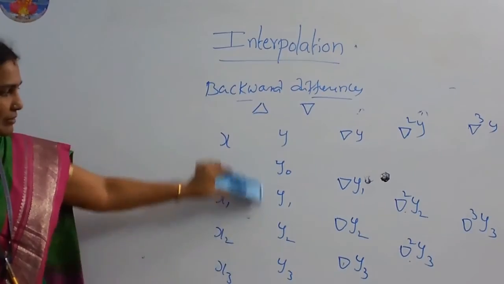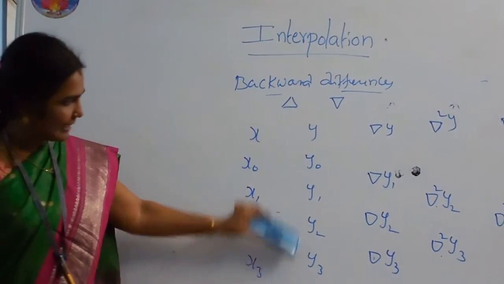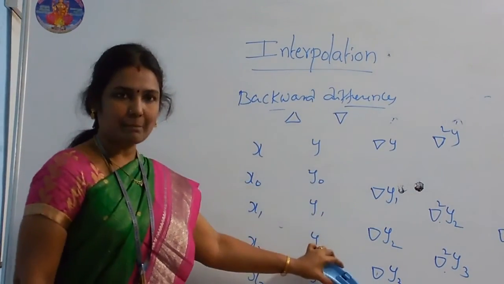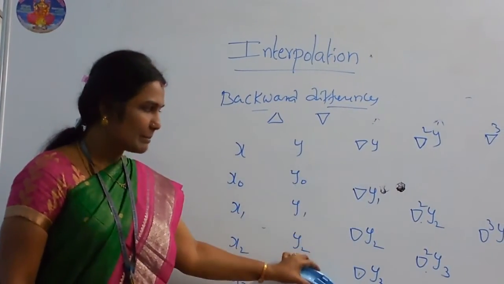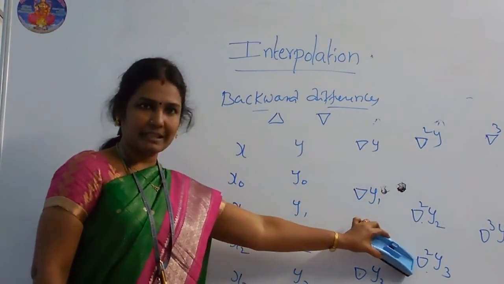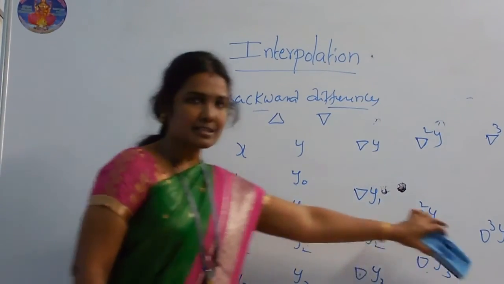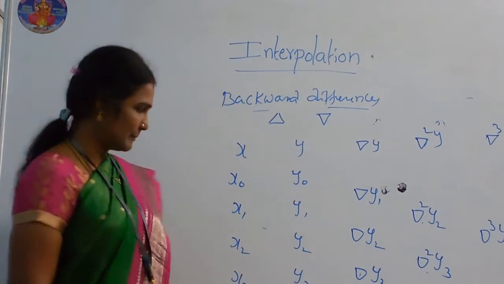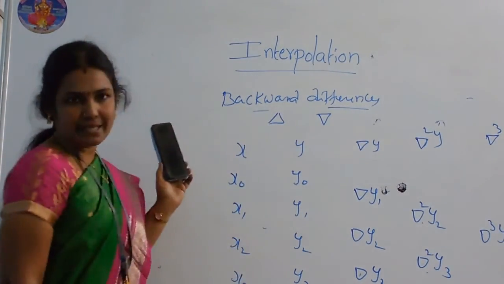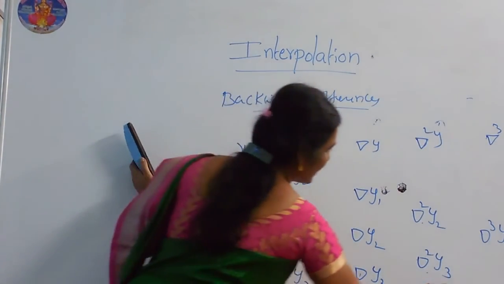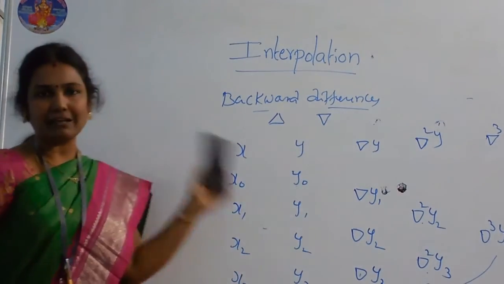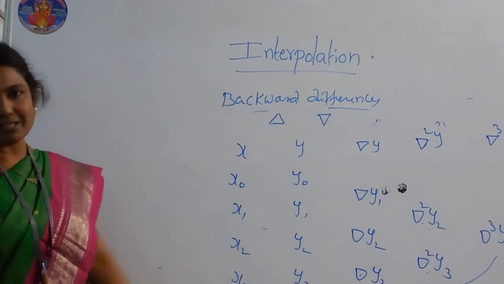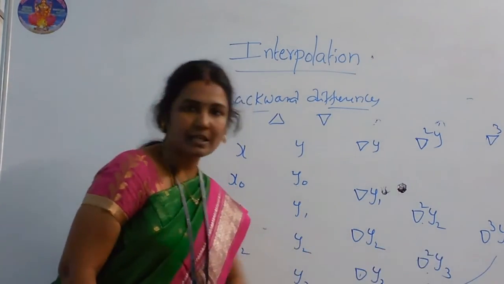Okay. So with the given table values of y, y0, y1, y2, y3, the differences of these form first backward differences. With these first backward differences, we can form the second backward differences, and with these second backward differences, we can form the third backward differences. Like this, we can form the backward difference table. And in the backward difference table, all the end of the table values are important. Previously in the forward difference table, all the starting of the table values are important, but here in the backward difference table, all the end of the table values are important.